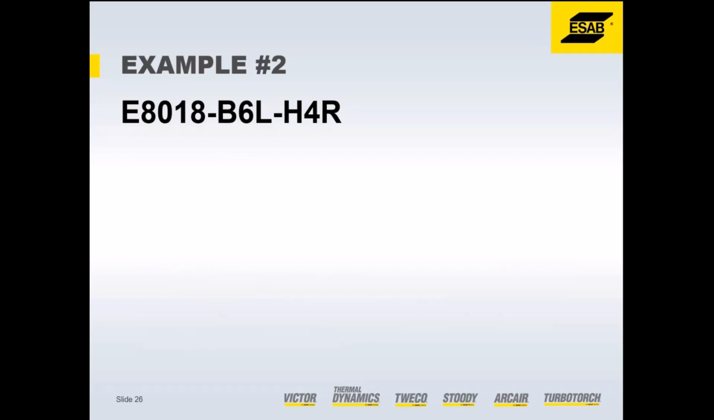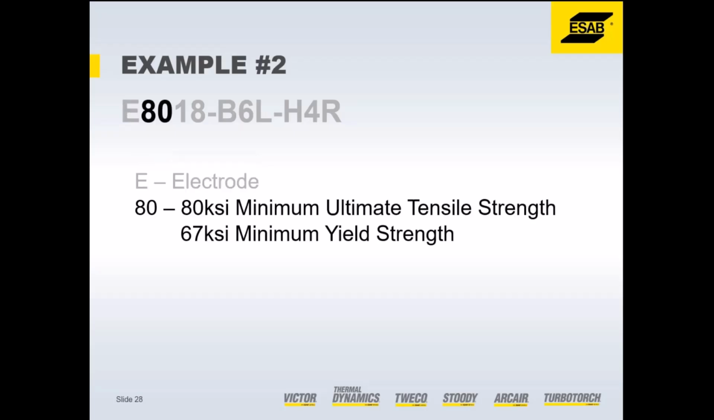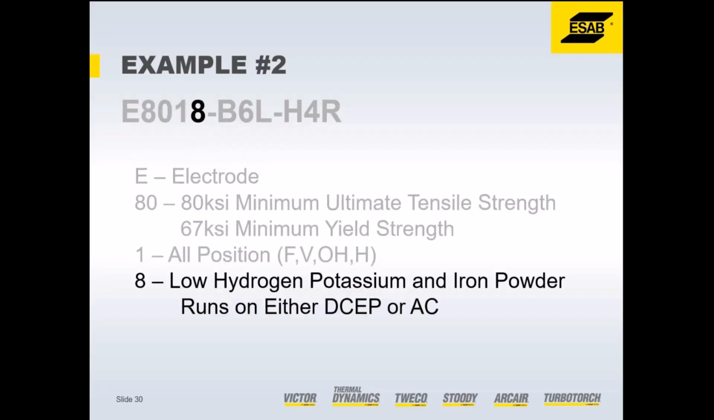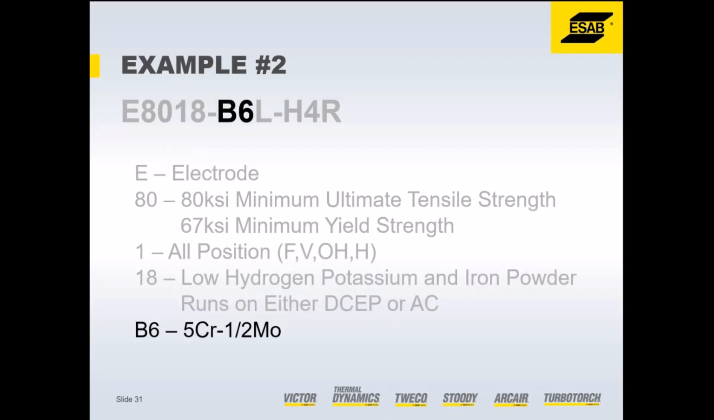Here's another example. So we have an E8018-B6L H4R. So again, E is going to be electrode. 80 is the 80 KSI. Same all position characteristic as in the last one, and the same low hydrogen potassium and iron powder as the last one. Now this is going to be a B6, so that's going to be a 5 chrome half moly